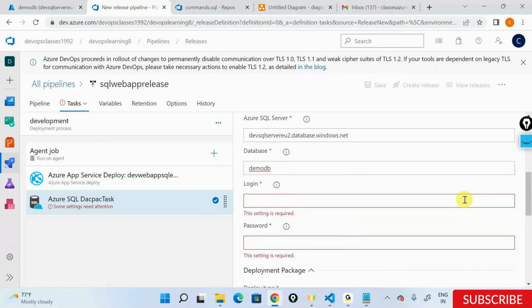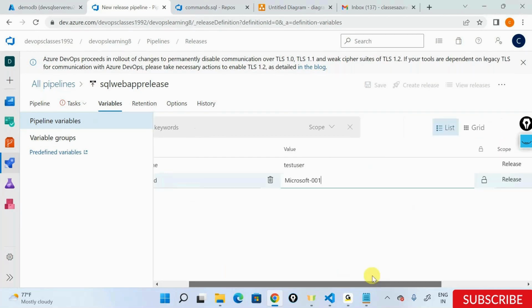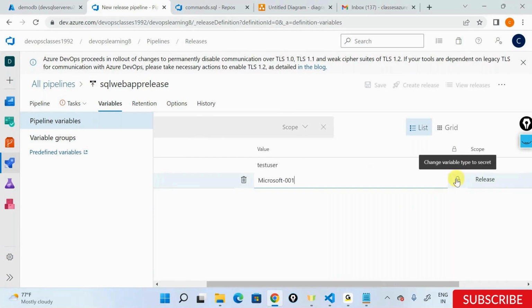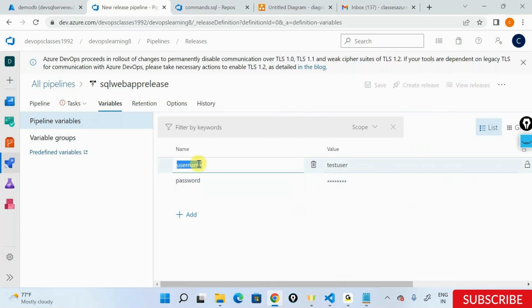I would say login credentials are usually sensitive information. So please do not expose them, for which I'll go to the variable section. I'll say add, I'll say username, I'll say username is test user, I'll say add, I'll say password is password that I've given, which is Microsoft-001, and I'll change this password type to be a secret. I'll lock this out. So now this is username and password. So I'll just copy this out,